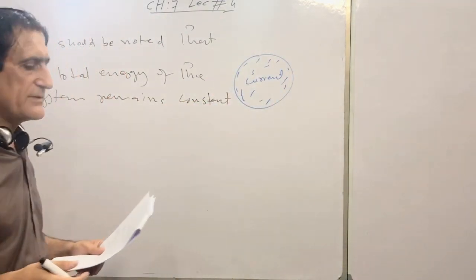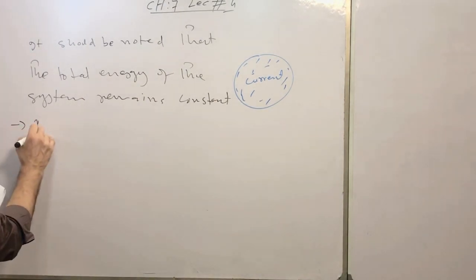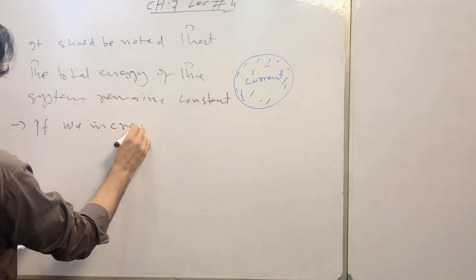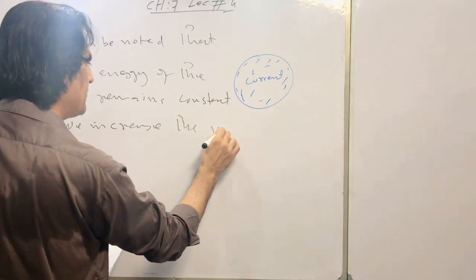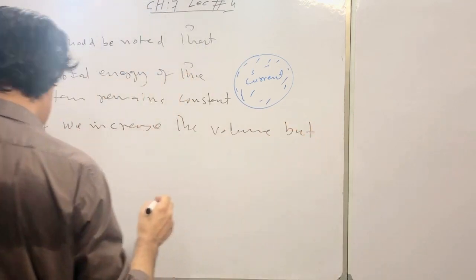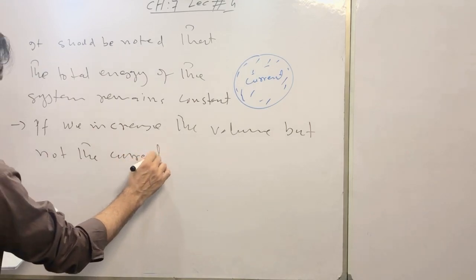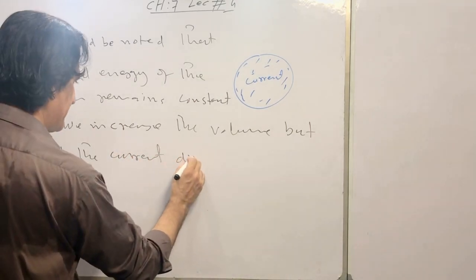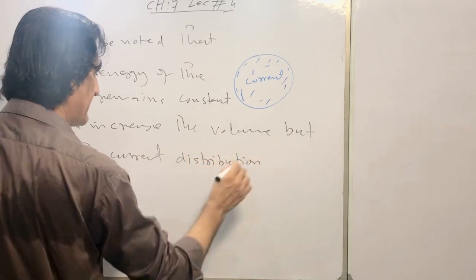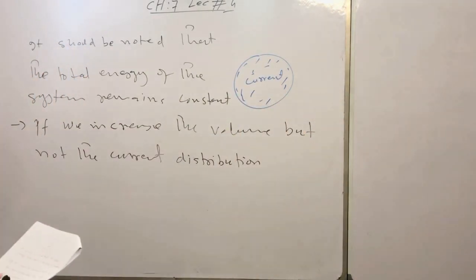The total energy of any system must remain constant. If we increase the volume, but not the current distribution, the current distribution is constant and we increase the volume of this system,